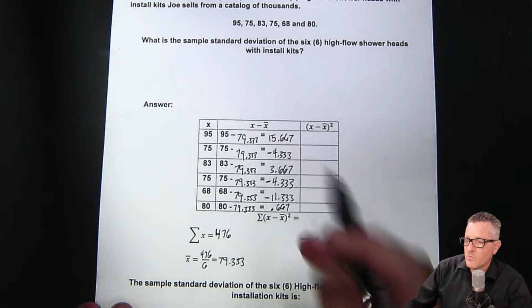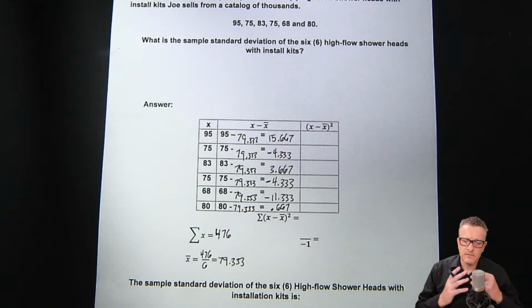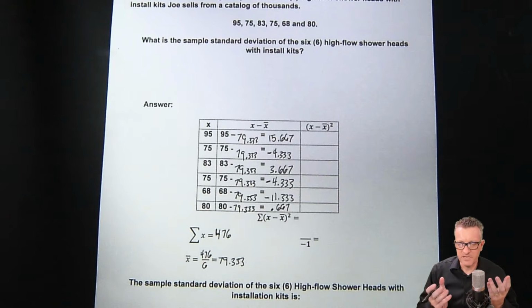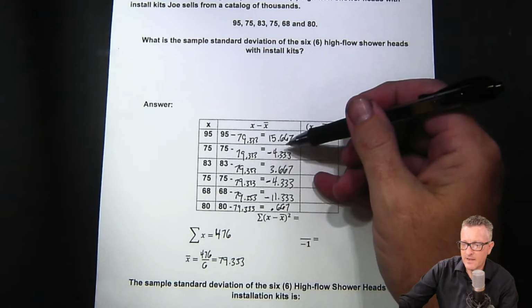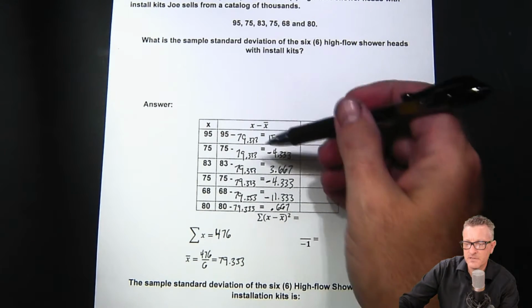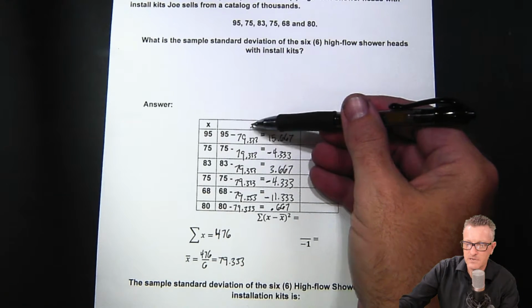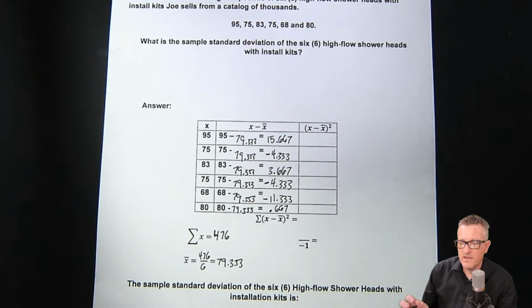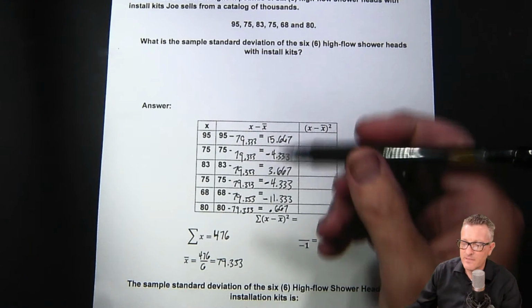Okay, so now what we're going to do. If you think about this, we subtracted the mean from each observation, and that's fine. Now, if we just added up the differences of the mean from each data point, each weight, it would balance out. So we wouldn't really have the actual deviation because it balances out. Some are high, some are low, and that's kind of what the average does when we calculate that anyway.